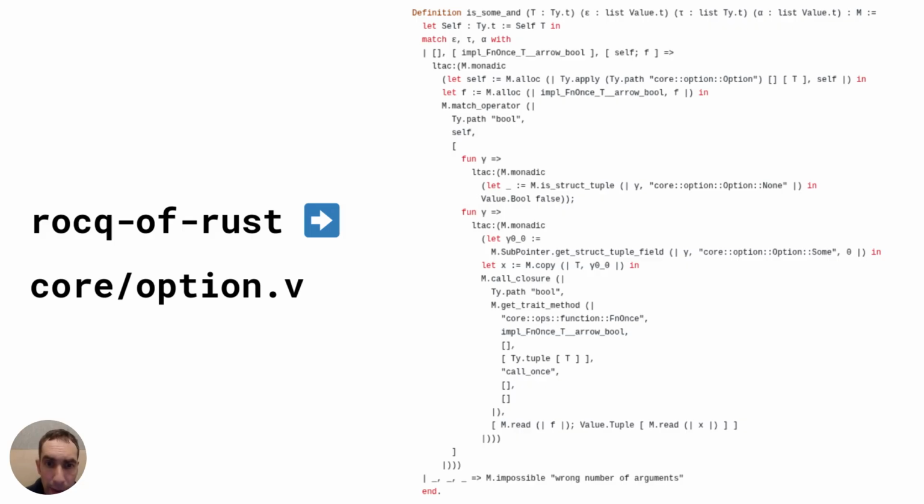That is a bit more verbose, but we can recognize the flow with the match above the parameters of the function. And after, depending on the case, if it's a none, we return false. Otherwise, we copy the element of the sum and we apply the parameter function.